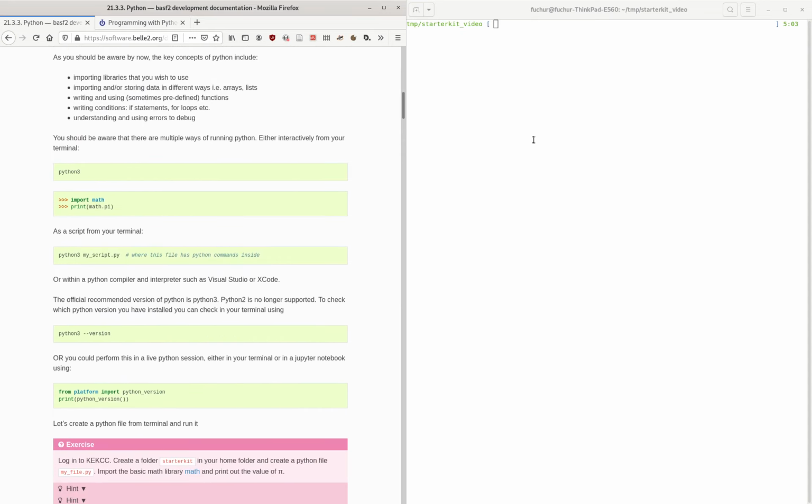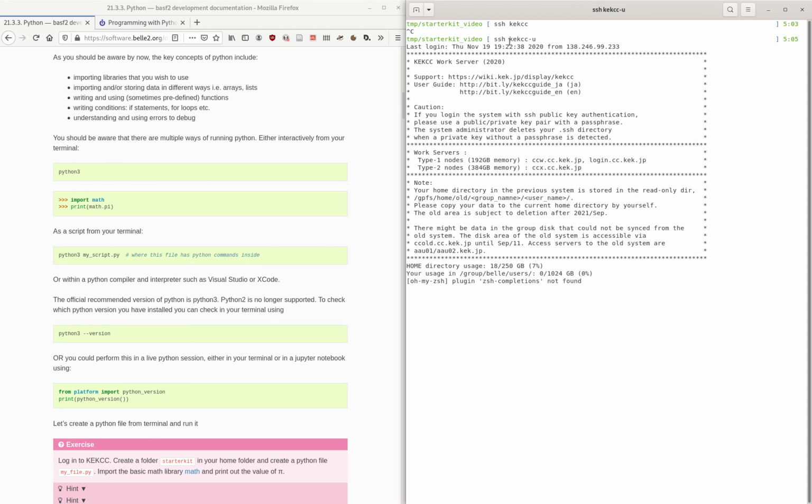So we'll work on KEKCC. The first thing you'll need to do is SSH to KEKCC. Assuming that you've already set up your connection with your SSH config, so that SSH understands where the server is actually living. For me that's KEKCC-U, but whatever you called your KEKCC configuration. So let's create a small directory, python test, go there,